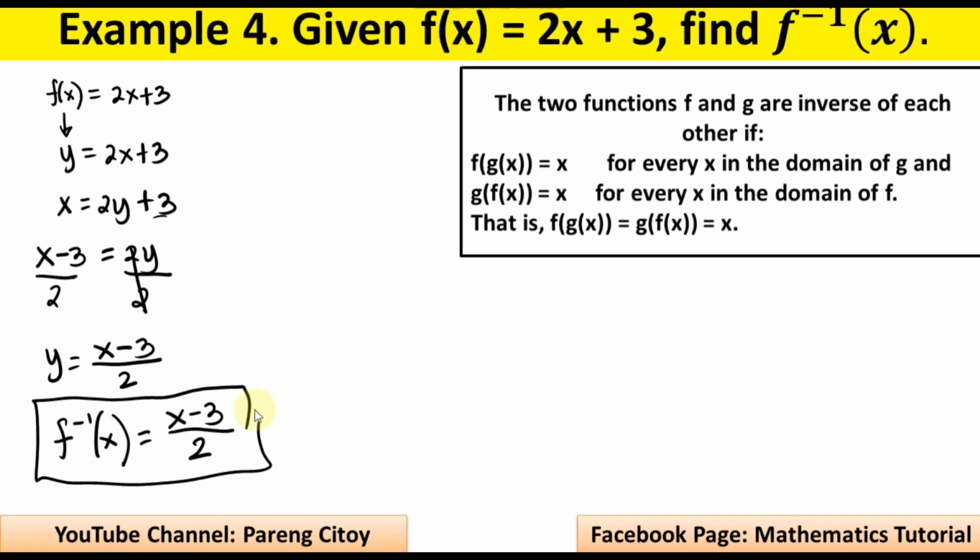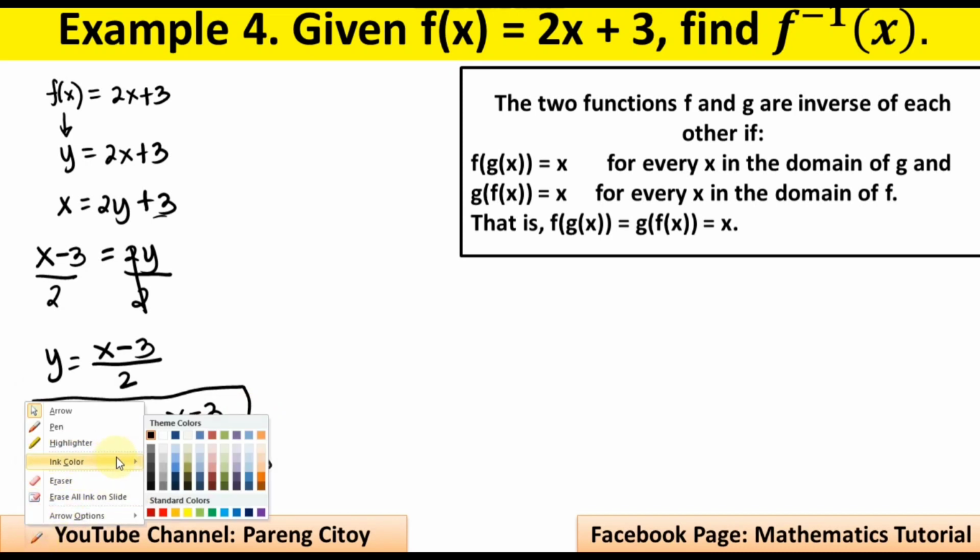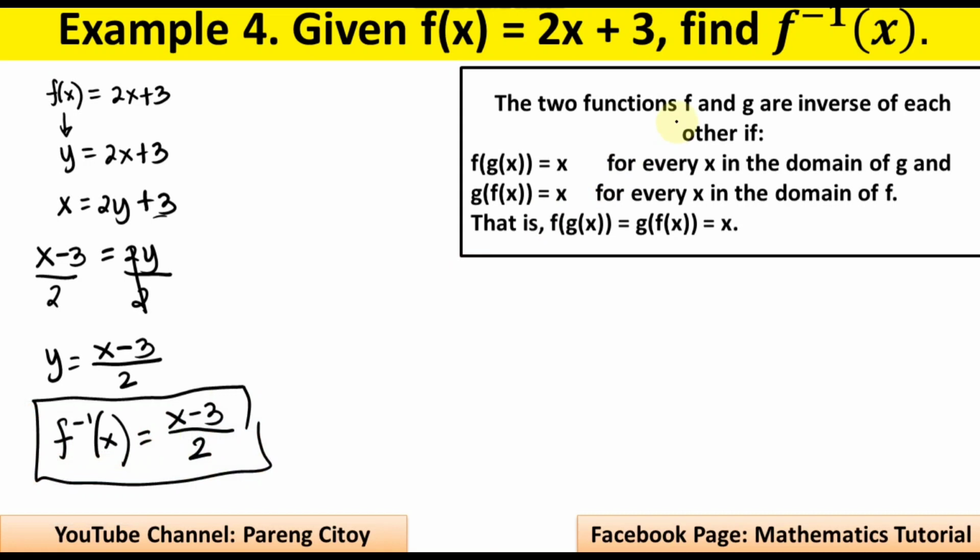Next, so the two functions f and g are inverse of each other if, tingnan natin, f of g of x equals x, so that is the given function, and g of f of x equals x, so that is the result, or that is the inverse. For example, tingnan natin. So una, that is f of g of x equals,